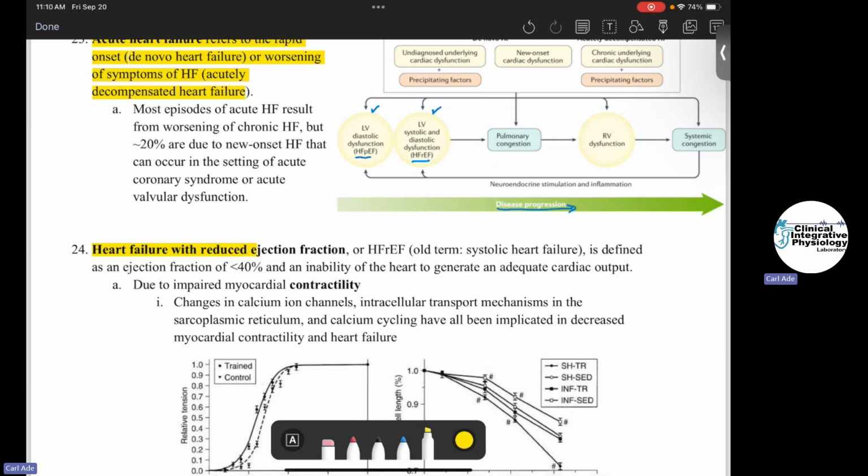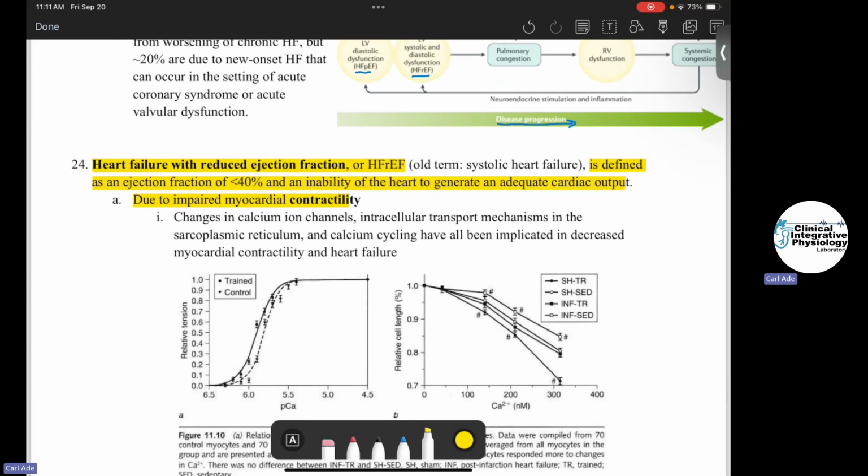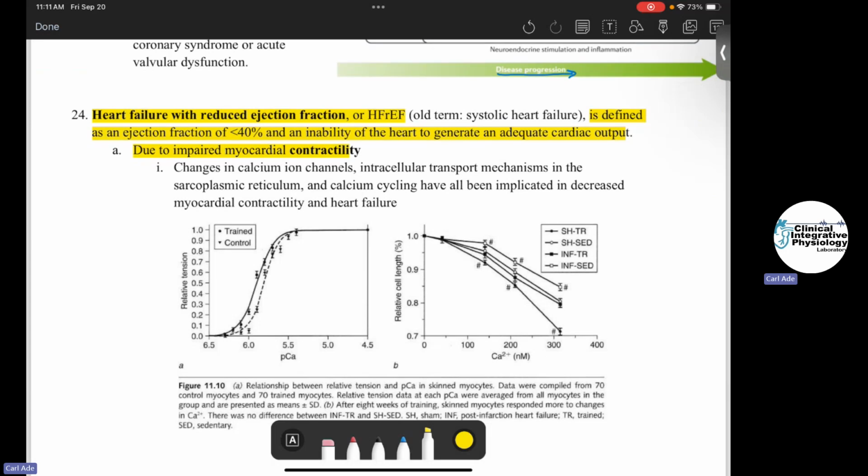So heart failure with reduced ejection fraction, or HFrEF. It used to be called more often systolic heart failure. And it's really defined as heart failure where there's a poor ejection fraction. So poor contractility, it can't generate the cardiac output because it can't eject the blood. Again, impaired contractility, and this has to do with a variety of things, including changes in calcium ion channels and transport mechanisms associated with the sarcoplasmic reticulum. All of these things have been associated. Because if you, again, go back to the relationship between calcium and relative tension,